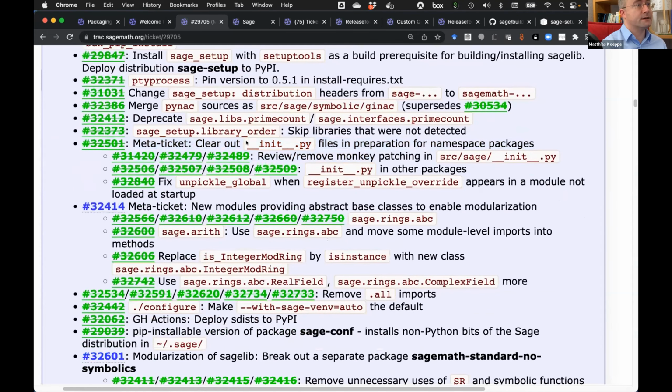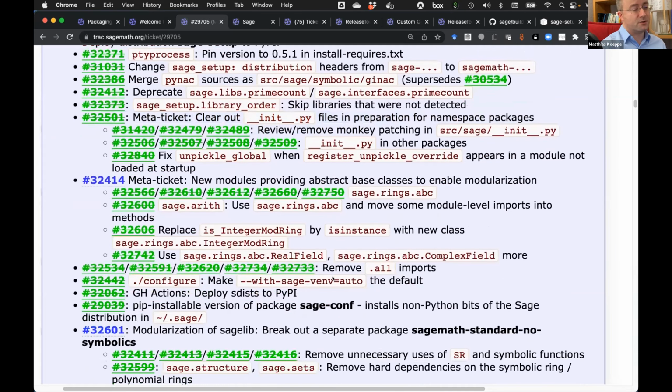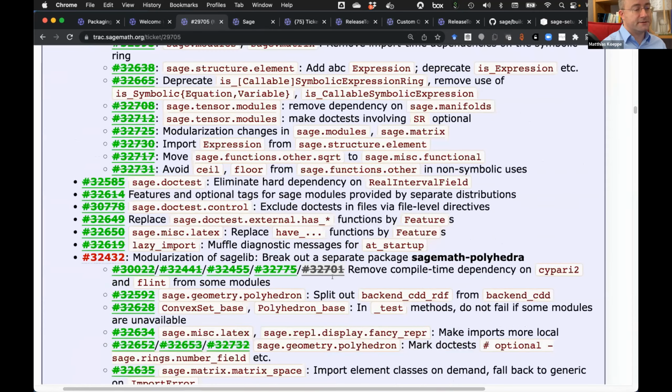They're not gone yet. They're just 0 bytes. So they're still empty files there because our custom build system doesn't know about namespace packages. So it still wants to see those init files. And so to complete this task,